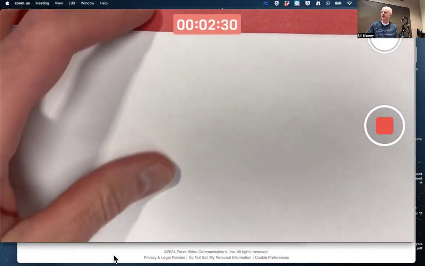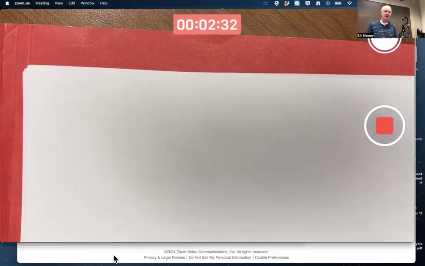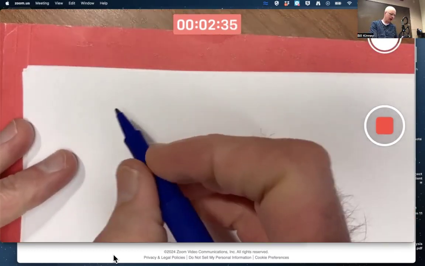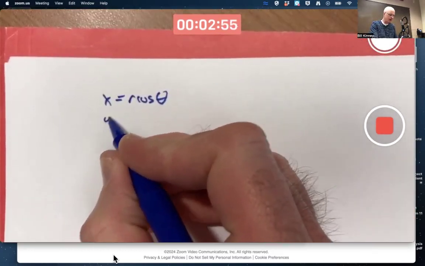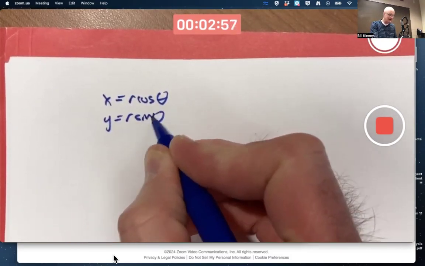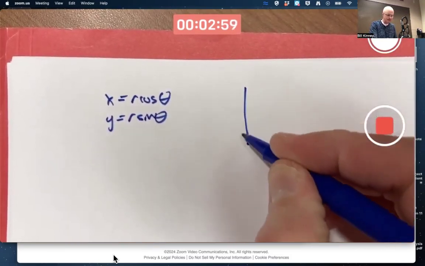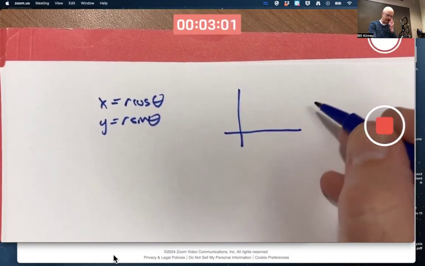I would like to linger a little bit more on the chain rule, in particular in using it with polar coordinates. Let me remind you, first of all, what we did last time. X equals R cos theta, Y equals R sine theta. The picture for this, a generic picture, if your point is in the first quadrant,